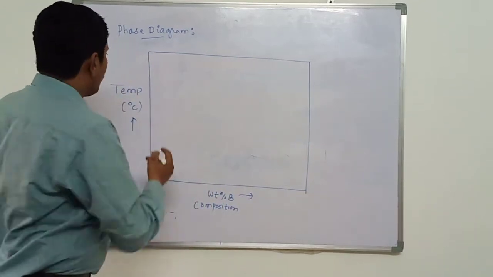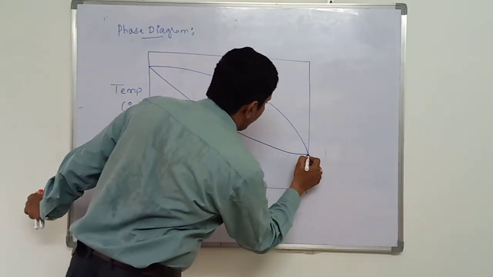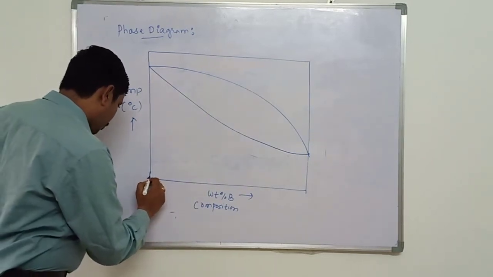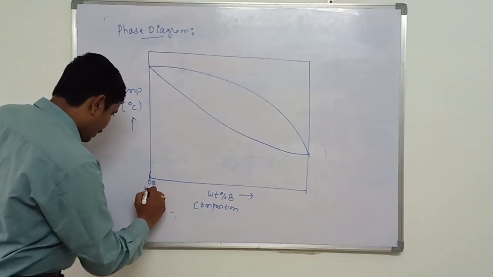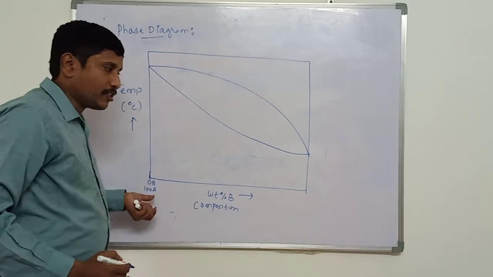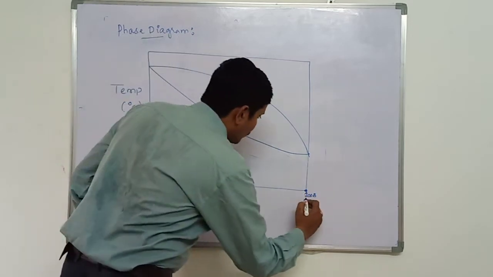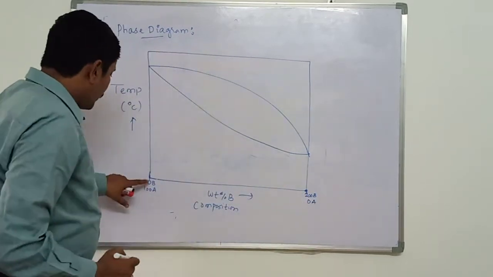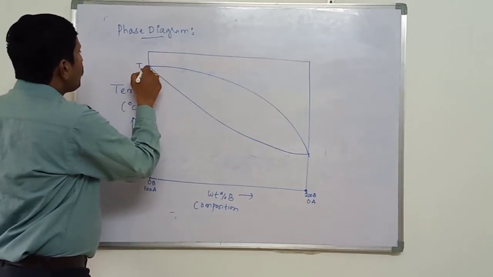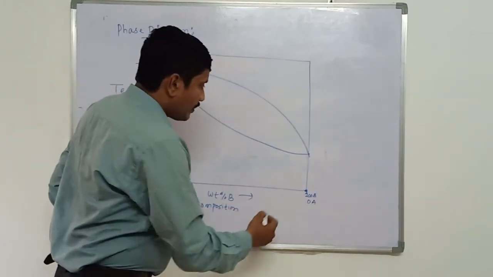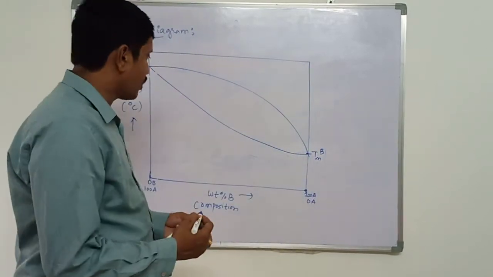So we have seen that we got the phase diagram like this for the isomorphous alloy, right? Now this point is 0% of B. It is nothing but 0% of B means it is nothing but 100% of A. And this point is 100% of B. 100% B means this is nothing but 0% A. So when it is 100% A, obviously this point indicates the melting point temperature of pure metal A. When it is 100% B, this point indicates the melting point temperature of pure metal B, right?